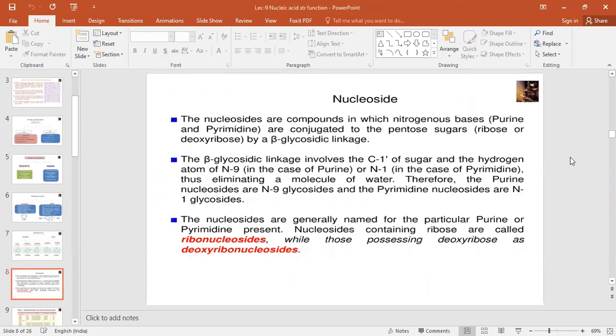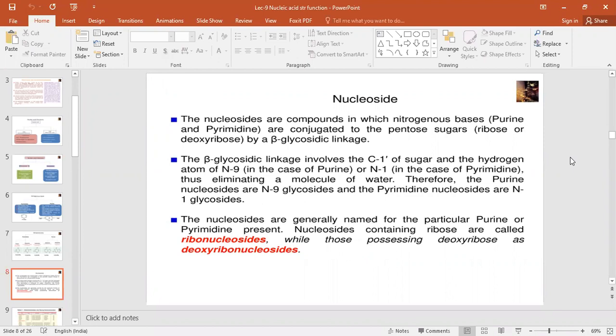Okay, then what is meant by the nucleosides? So nucleosides, in which the nitrogenous base is attached to the pentose sugar by means of the glycosidic linkage. So mark this point. The nitrogenous base is attached to the sugar by means of which bond? Beta glycosidic bond. Why? Because there is a sugar, and which bond is present in the sugar? Beta glycosidic linkage. So anything which is joined to the sugar is joined by the glycosidic linkage.